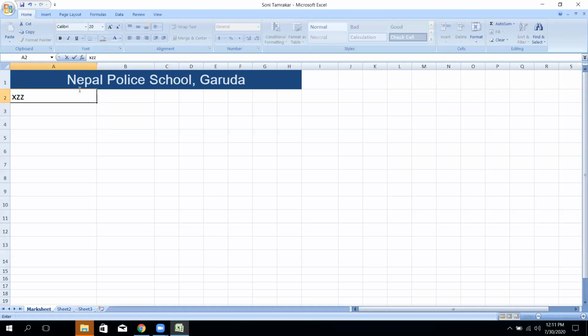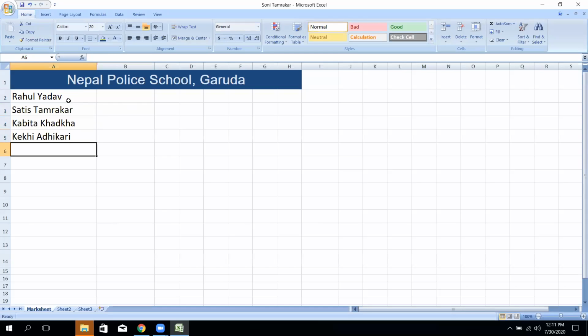And if you write, okay, we can use here name: Rahul Yadav, Satish Tamrakar, Kavita Padka, Keki Adhikari, etc. You can use. These are the names.